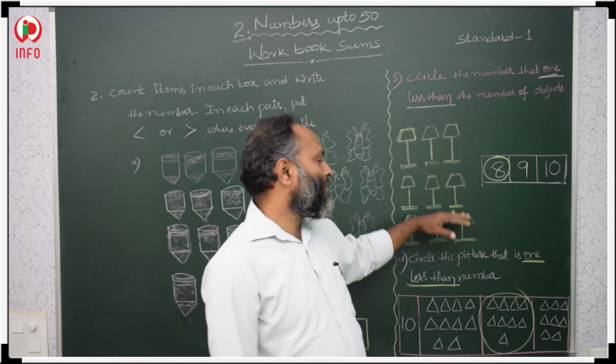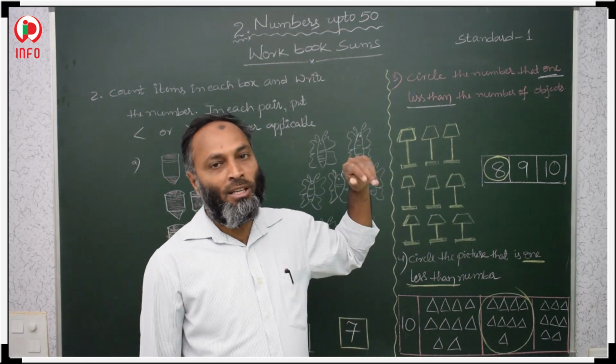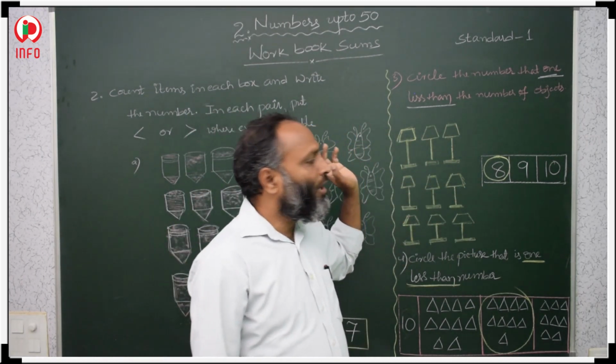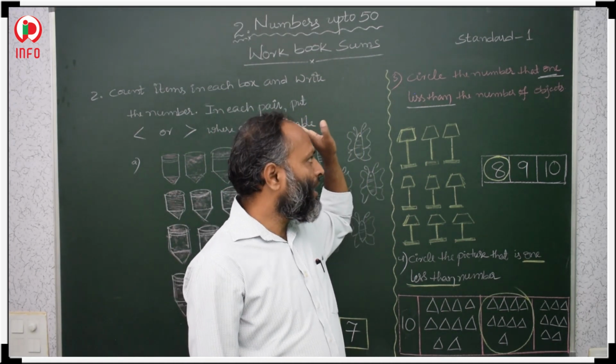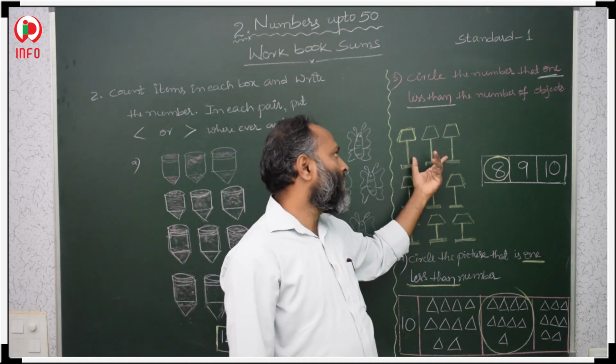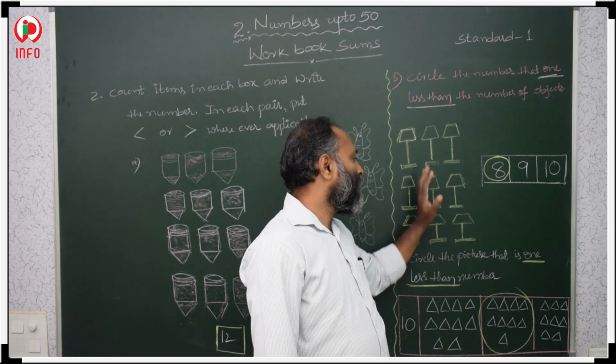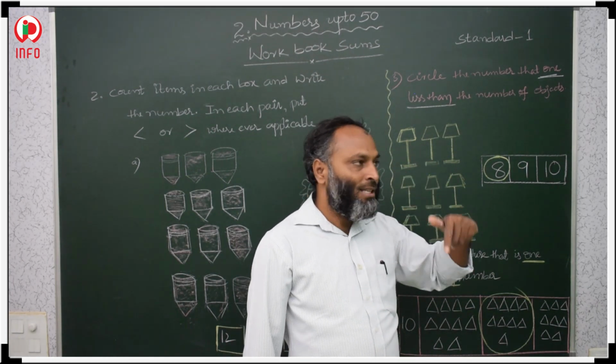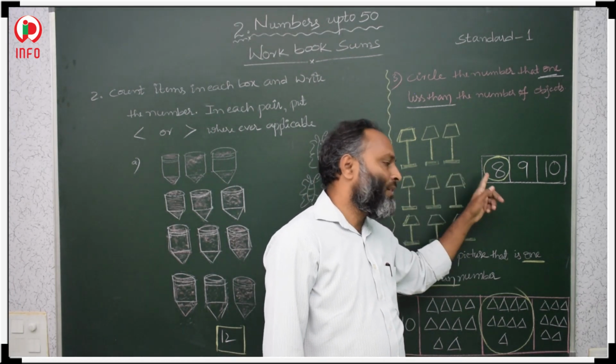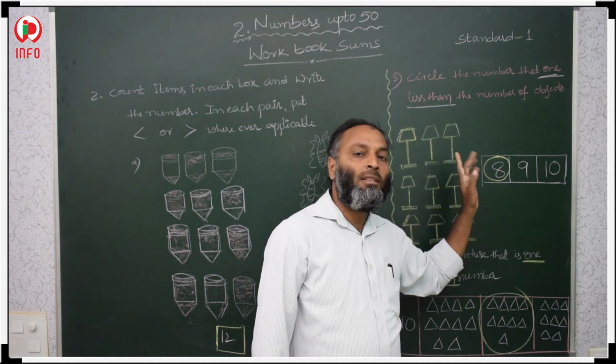So here 9 objects were there. Before, whatever objects were there, we made a circle. So don't be confused. In the previous question he asked like that. In this question he asked, whatever objects are there, in those objects we have to make one less. So wherever the one less number comes, we make a circle. So this is the method.